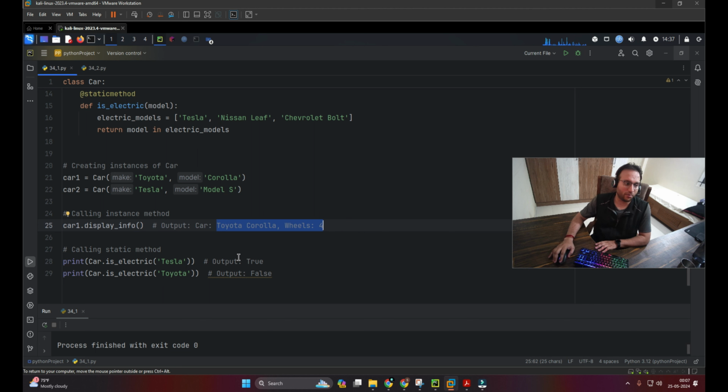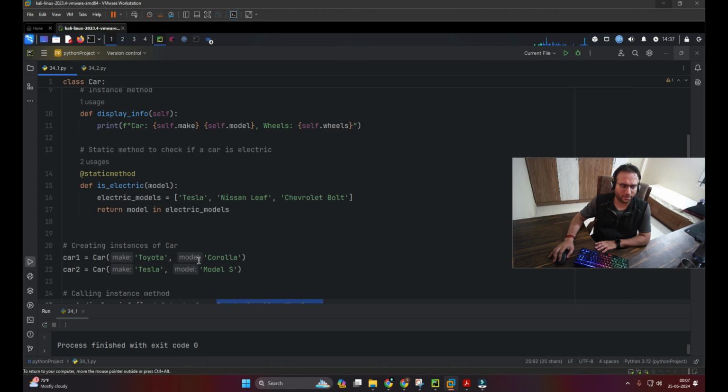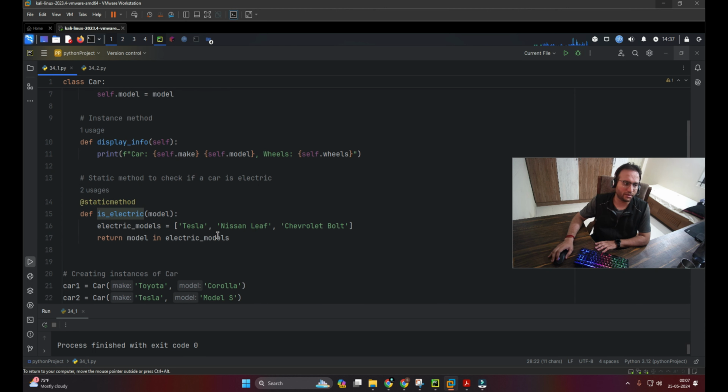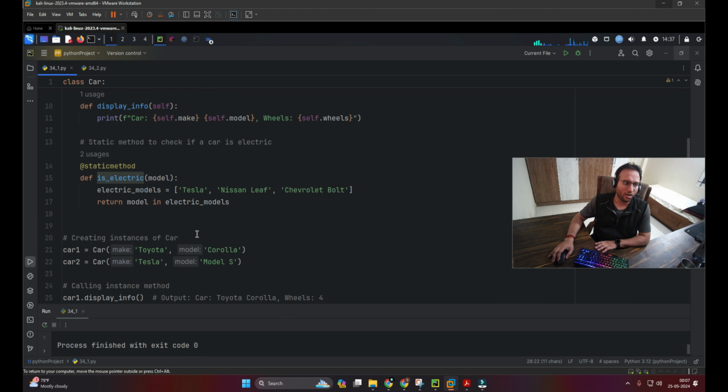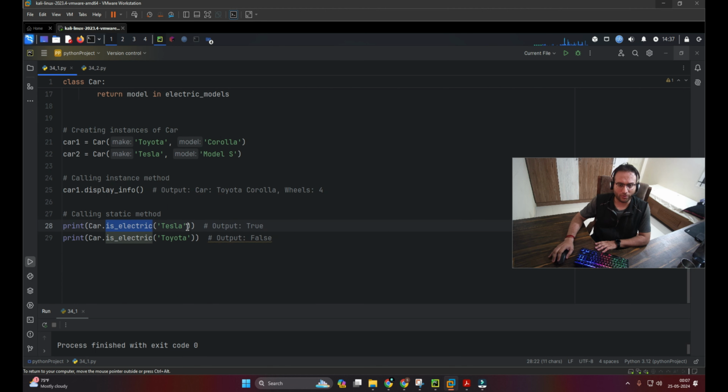If you're talking about the static method, how can we call it? To call it, either we can call it with the instance directly, or we can call it with the class directly. Over here I'm using the class to call that static method directly. So I define Car, which is the class name, and then give the static method, and the value I'm passing goes inside of it, and accordingly it gets mapped,